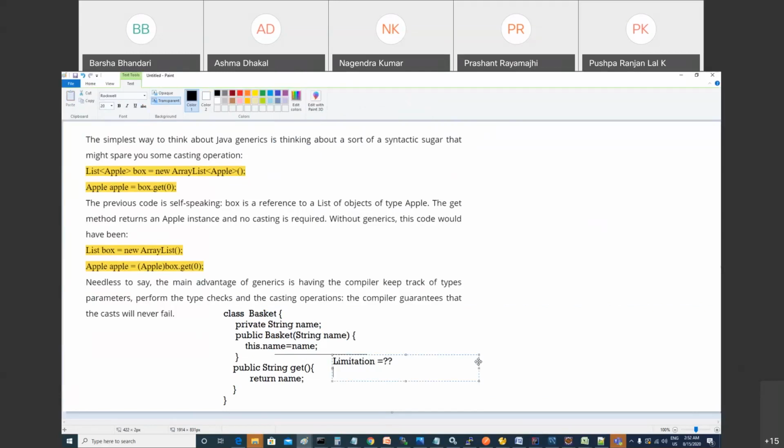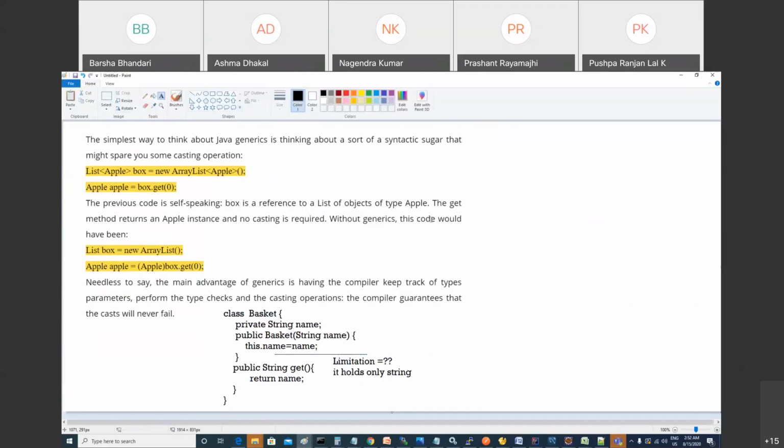But what is my requirement, Ashma? I want to hold customer, user, string, integer, double, etc.